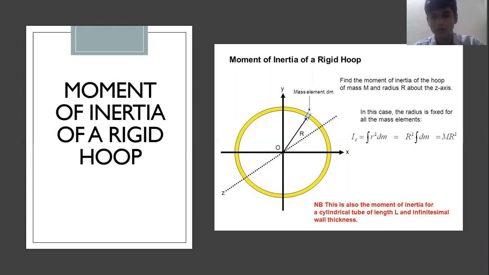Note, this is also the moment of inertia of a cylindrical tube of length L and